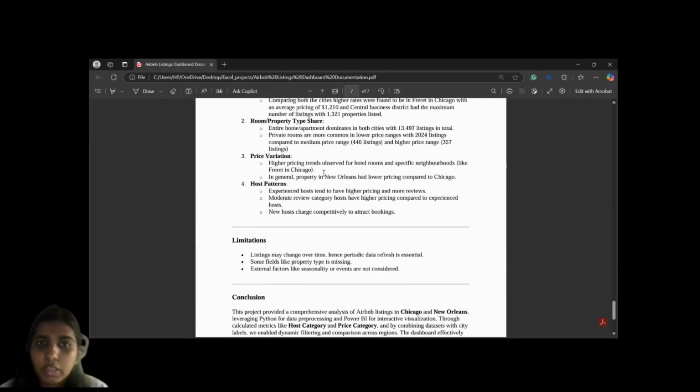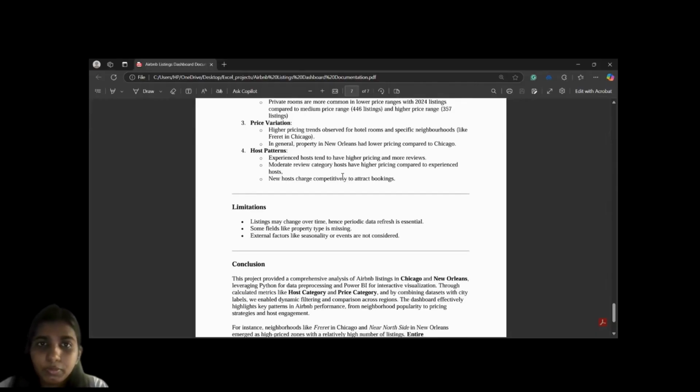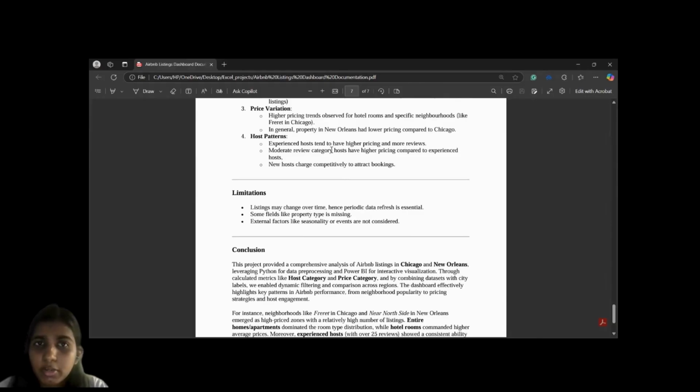For price variation, we have seen that hotel rooms are not even available for the lower category. They are very few for medium, and more for the higher price category, specifically in high-end neighborhoods like Prairie in Chicago. And some properties in New Orleans have been lower priced compared to Chicago. The host patterns show that experienced hosts tend to have higher pricing and more reviews. Moderate category hosts also have higher pricing compared to experienced hosts, and new hosts charge competitively to attract